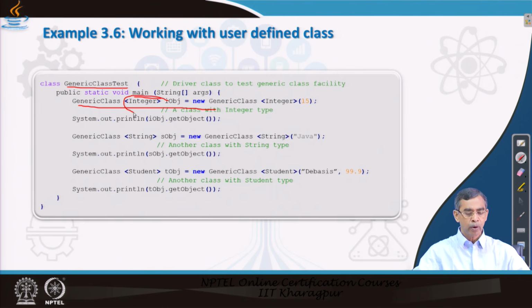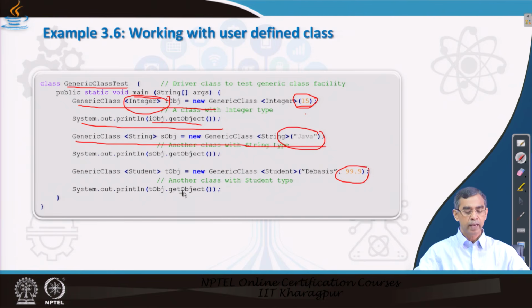It is for an integer object. The integer value that is passed to this is this value. So, this I object is a generic object which stores the value in this instance, integer, and then we just call the print method. So, get object returns the value and then it prints it. Now, again it also works for the string type of data. This is the initialized value, the float value, and it prints.